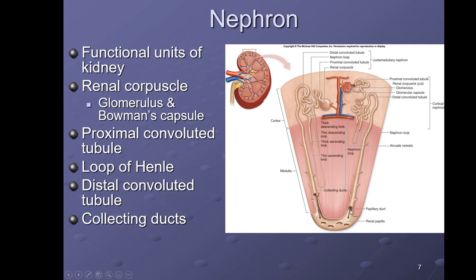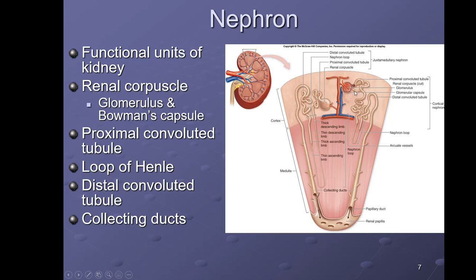The collecting duct is going to terminate at the renal papillae, which remember is the apex of the medulla. And that's where the urine is officially urine. After the renal papillae, it's going to go to the minor calyx, major calyx, renal pelvis, ureter, on its way to the bladder. So the filtrate flows all through this nephron unit, and it's not officially urine until it